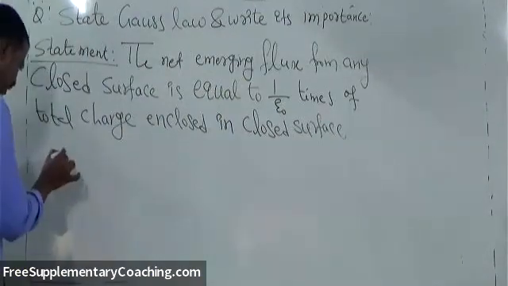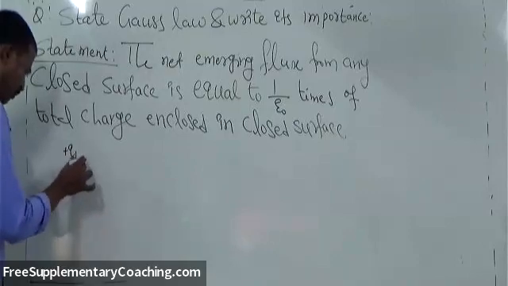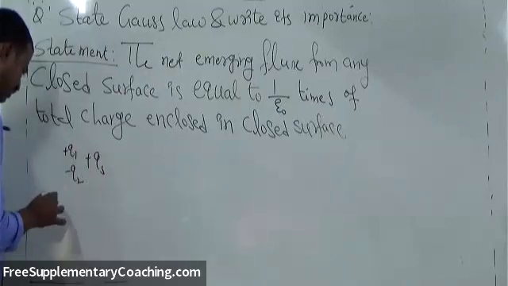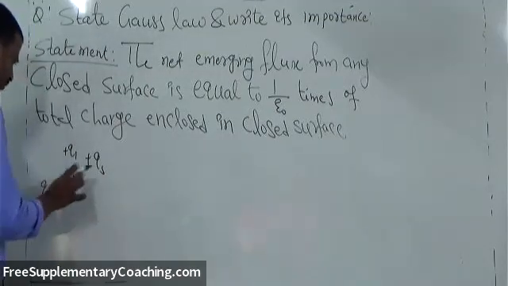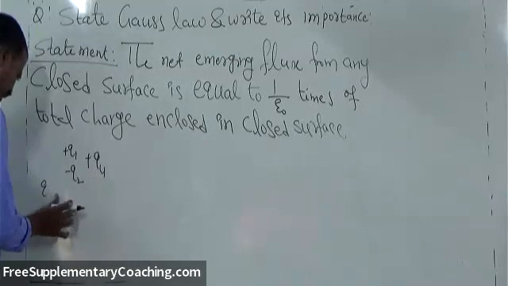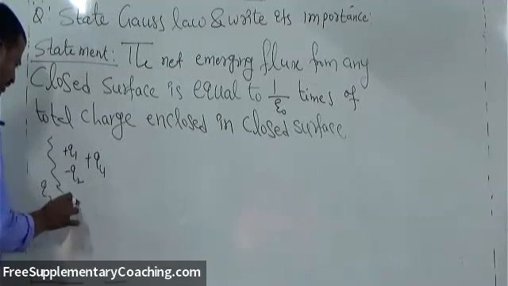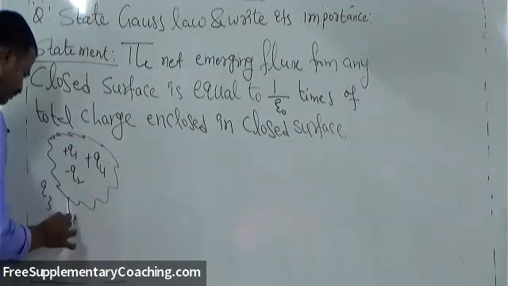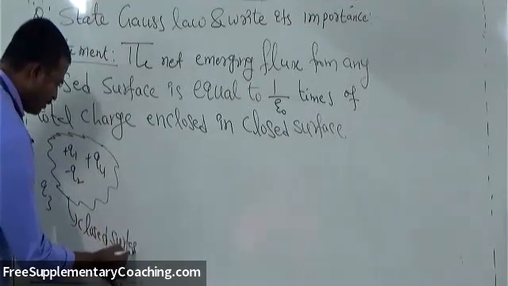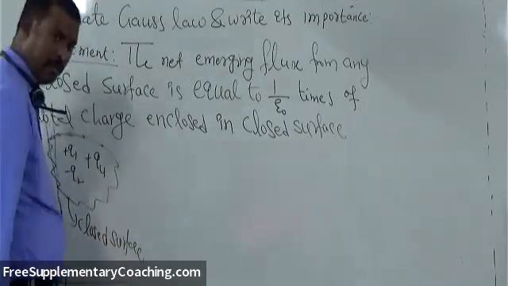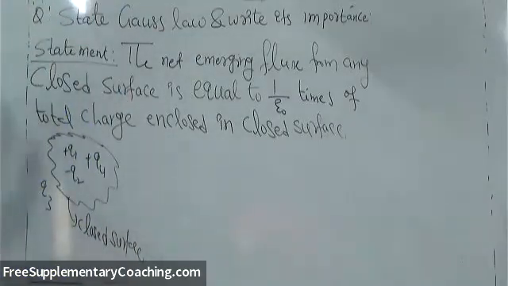For example, I have plus Q1 coulomb, there is minus Q2 coulomb, there is a plus Q3 coulomb, and there is Q4 coulomb. Okay, यहाँ पे Q4 लिखेंगे, ये Q3 है यहाँ पे। So एक गॉसियन और एक क्लोज सरफेस है, मैं ऐसा इमेजिन किया, ये क्लोज सरफेस है. Okay, so as per the statement, total flux emerging from this closed surface equal to total charge inside by